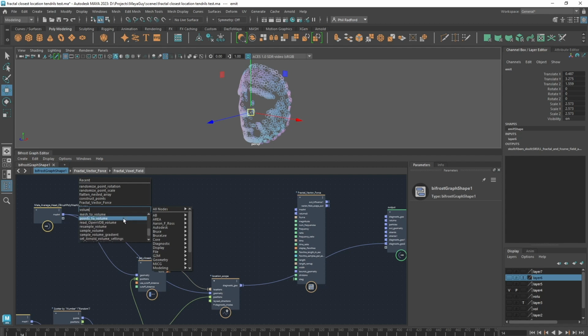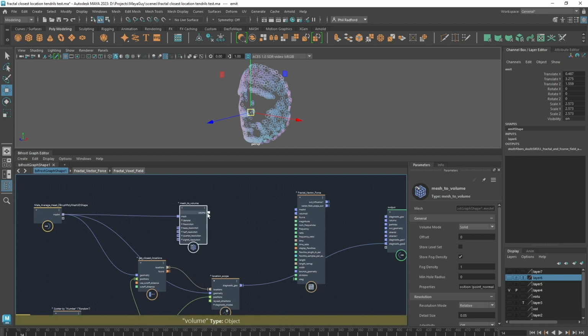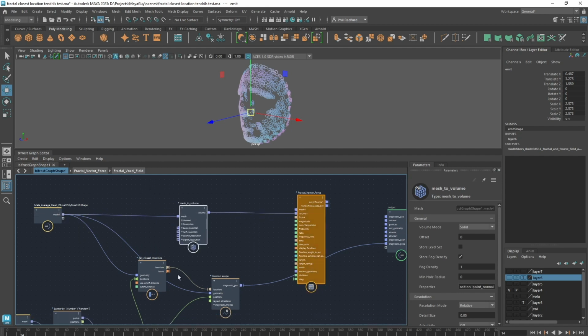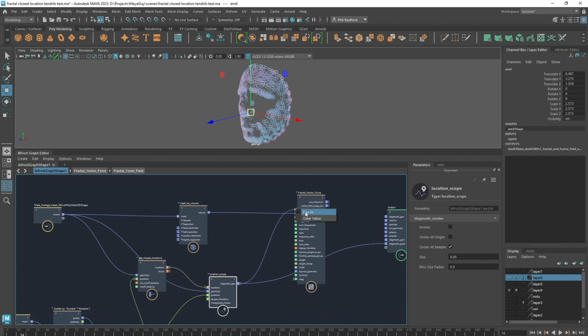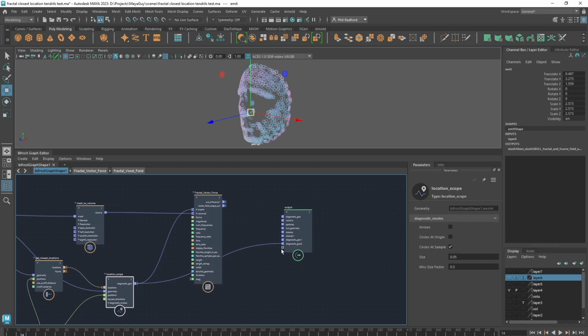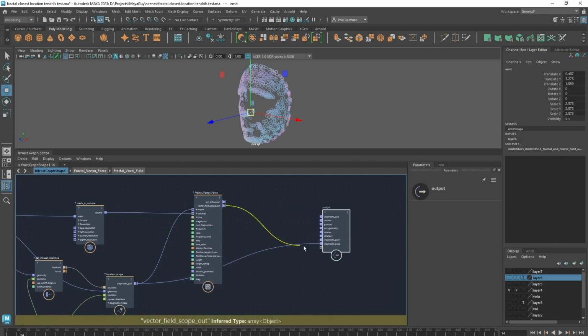Mesh to volume, where are you? Mesh to volume, there. And we'll just stick that in there, and stick that into volume. That's okay, we're just going to right click and go fan in, and then we've got our location scope, and we're going to put that into mesh, and I'll just fan that in as well. We're not going to use out influence, we're going to use vector field scope out,